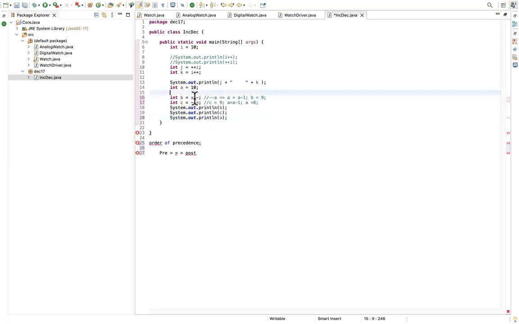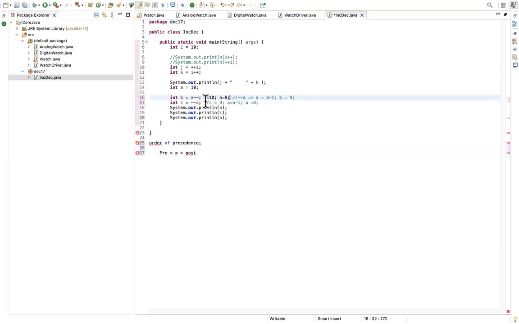So this one I will explain. Initially the value of a is equal to 10, and we are coming to line number 16. You see b is equal to a minus minus. Here it is post decrement, which has less order of precedence compared to assignment. So assignment happens first, b is equal to 10, and then a minus minus. So a will be 9 at the end of line 16.